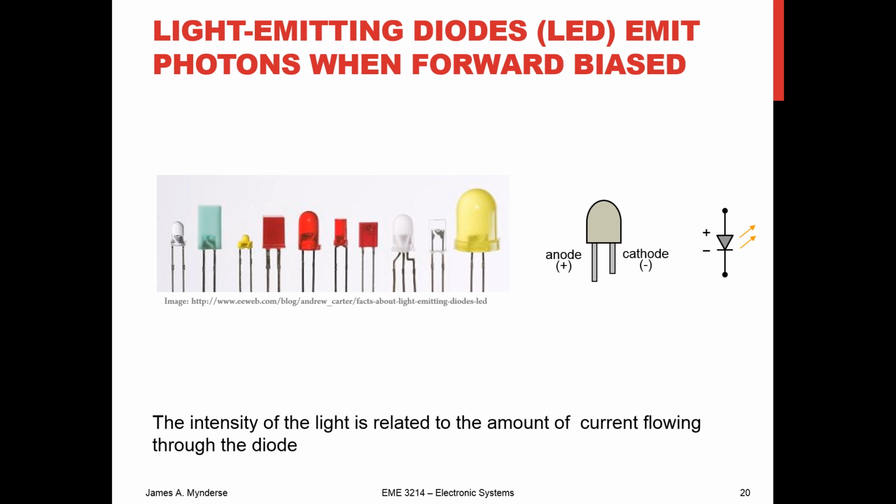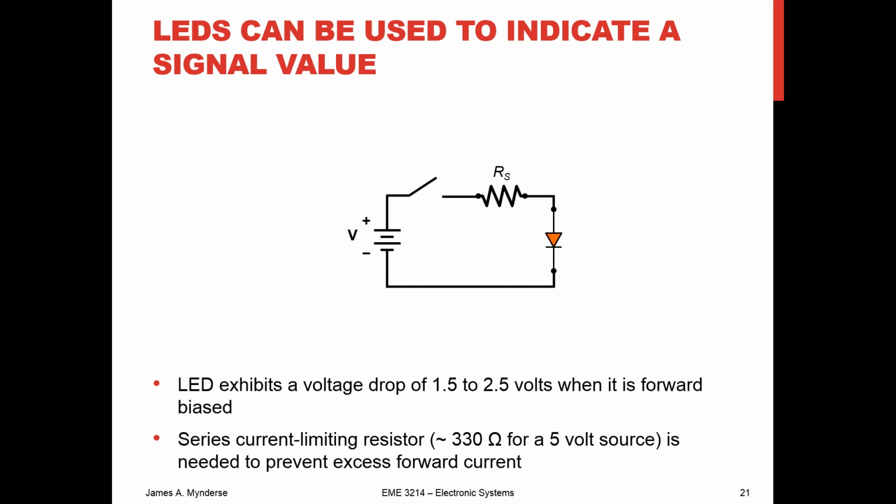Also, we've got LEDs, which are light-emitting diodes. When they're forward biased, they're going to show a light. You've seen these before. And the intensity of the light is related to the current flow. So there's lots of different types, lots of different shapes and whatnot, but they're all the same sort of thing. Excuse me, they're just a diode that gives off light. So we can use it to indicate a value. If we say, boy, I want to show a light when this is true, it's just a matter of having a switch that's controlled by that statement, that if this is true, and then when we close the switch, it